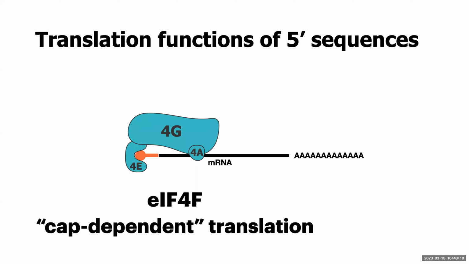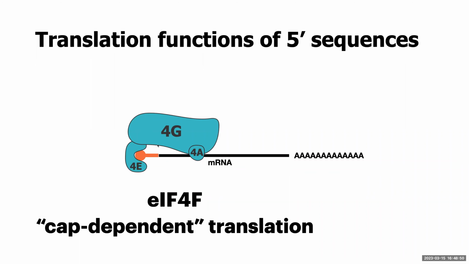The reason we suspected that we might find something is that the EIF4F translation factor, one of the key translation factors in the initiation process, recognizes the mRNA cap and makes interactions with the 5' terminal sequence. Each of these different components of EIF4F can be cross-linked to the first 12 nucleotides of mRNAs, suggesting that the identity of those nucleotides might somehow